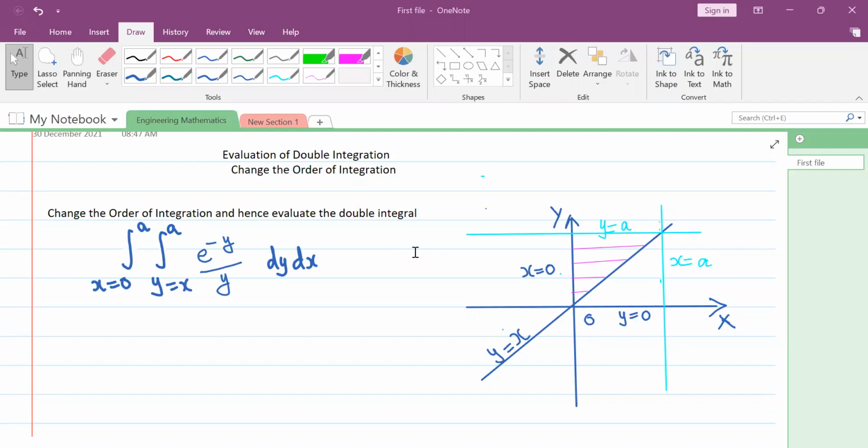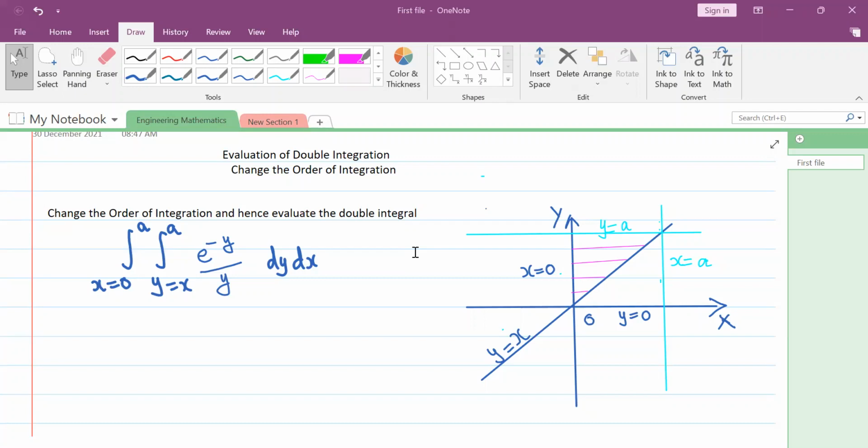Whenever we have a double integral, function of x y, dy, dx, in that case, I can change its order, that is, the inner integral with respect to x and outer integral with respect to y. Why do I want to make this change? Sometimes the evaluation of the function f of x comma y might be complicated if I do it according to the order given in the question.